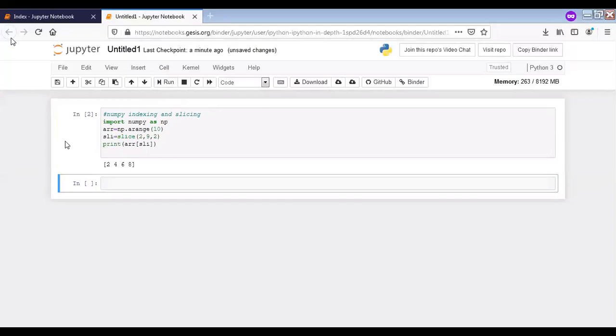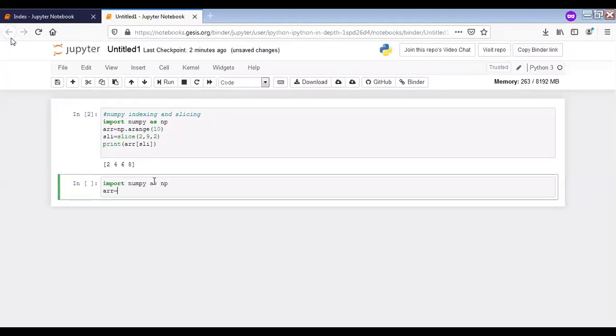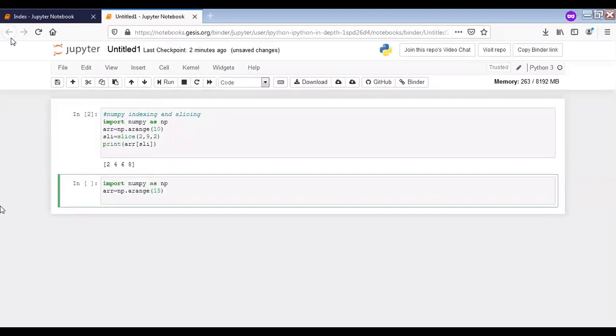This is a very simple example. The slice will tell you the beginning, ending and the step values to the array. We can directly give the slicing to the array itself. So let's see how. We are creating an array in the range 0 to 15. Next, let's give the slicing directly. So b equals